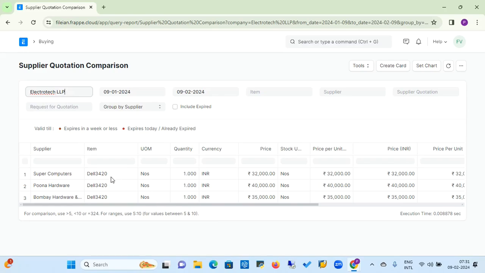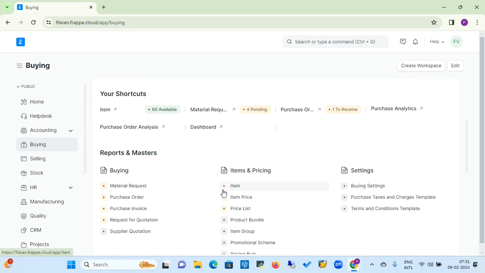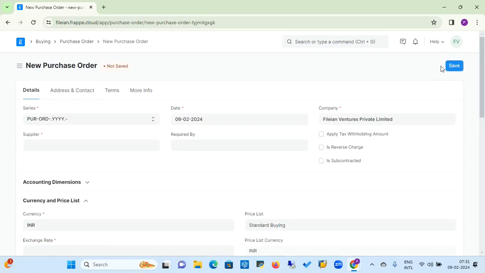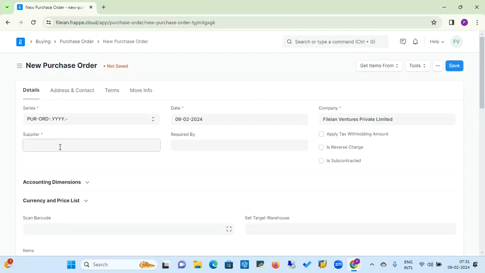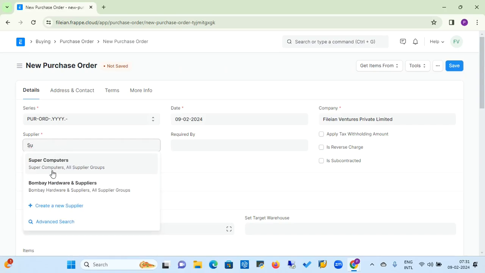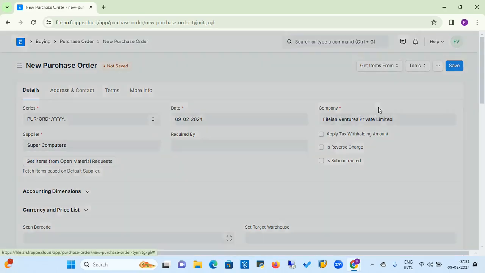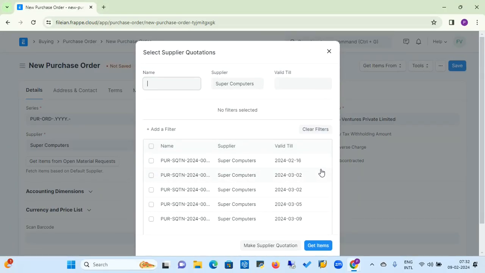Here you will see the supplier quotation numbers, the valid date, and the rate of all the suppliers. So our supercomputer is the lowest one, so we are going to award the purchase order to that particular supplier. So go back to the buying module and go to the purchase order. Click on the add purchase order button. Here you can select the supplier and you will get items from the quotation. So I'm clicking on supplier quotation, and here you see that